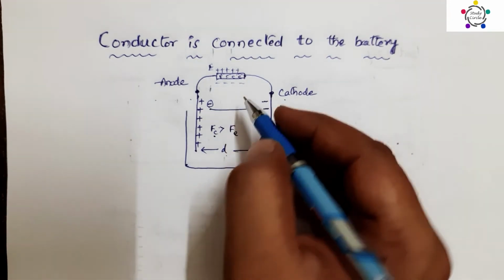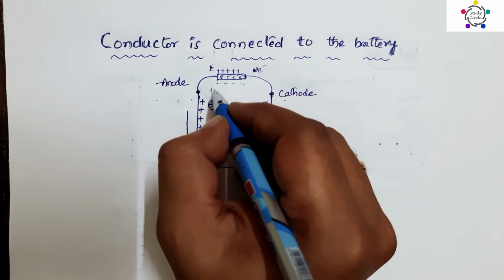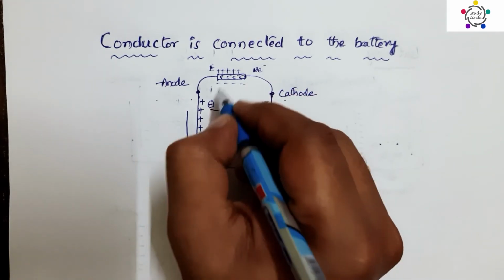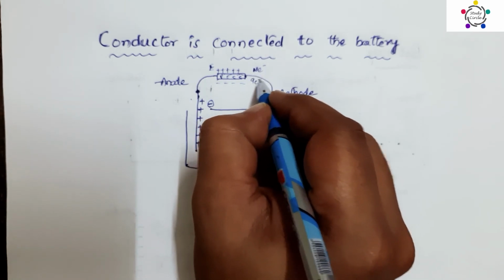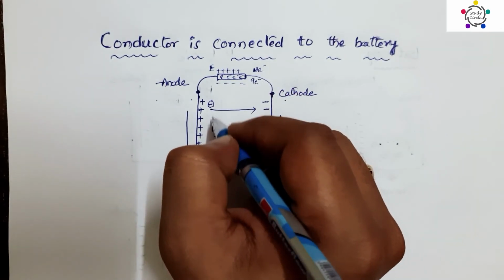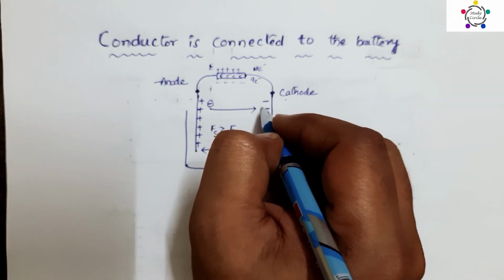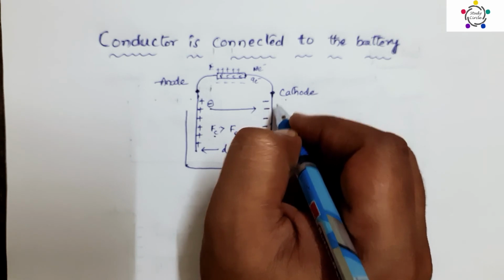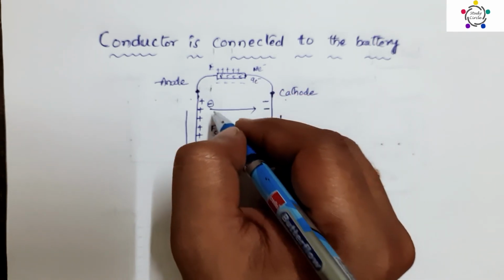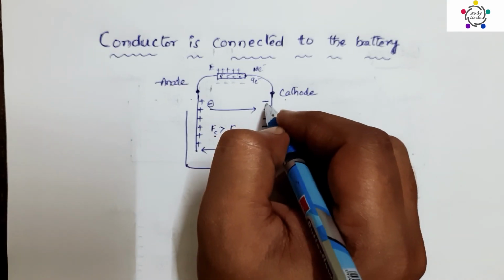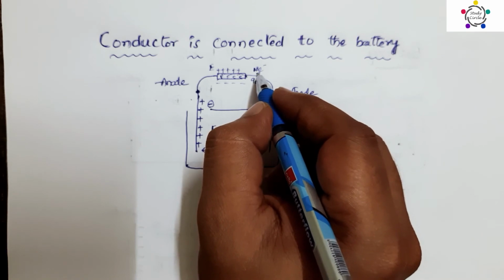So the net number of electrons in the conductor is maintained whenever there is current flow. That means if the conductor has 10 electrons, then due to the positive electrode it loses 1 electron, so it becomes 9 electrons. But the chemical force tries to move the negative ion from the positive electrode to the negative electrode. The cathode again pushes 1 electron into the conductor due to stronger repulsion between the negative ions. The net number of electrons in the conductor is 10 electrons.